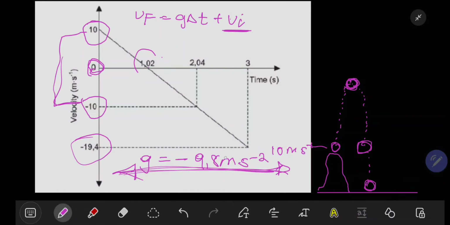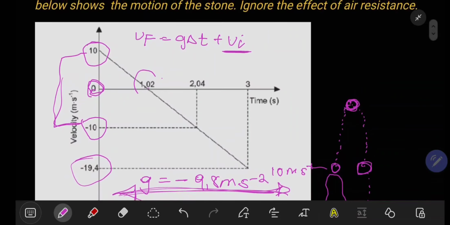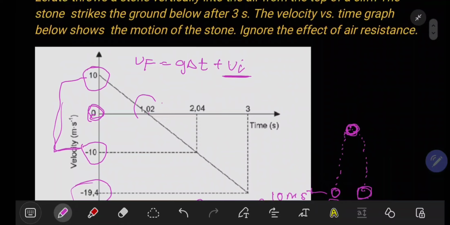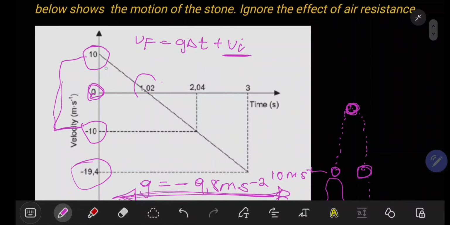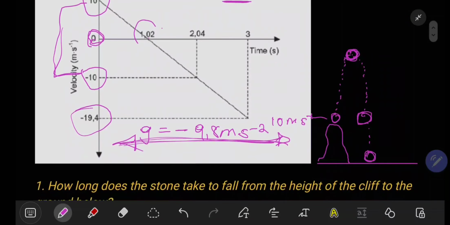If you don't know whether your gravitational acceleration is positive or negative, then it will affect your answers, and in a bad way. So here we can see that our gravitational acceleration, or our constant, is negative. Why? Because the slope of this function is descending. Hence we can see that they took downwards